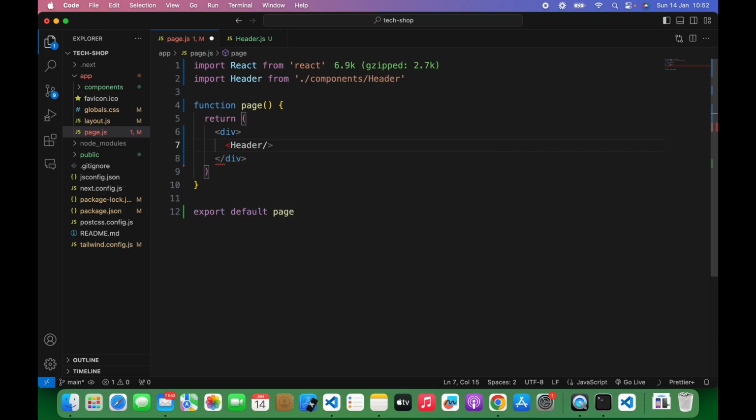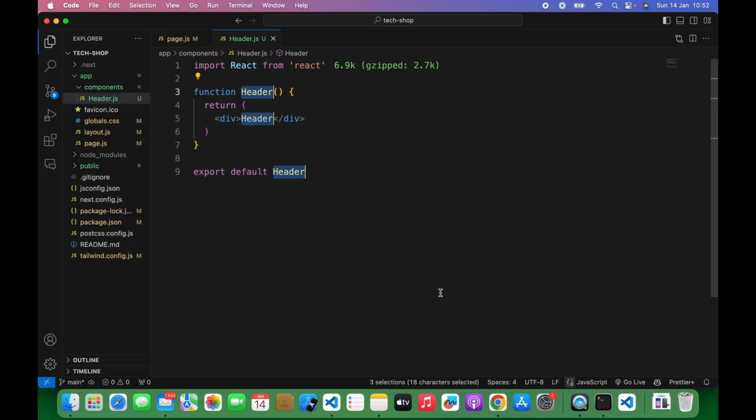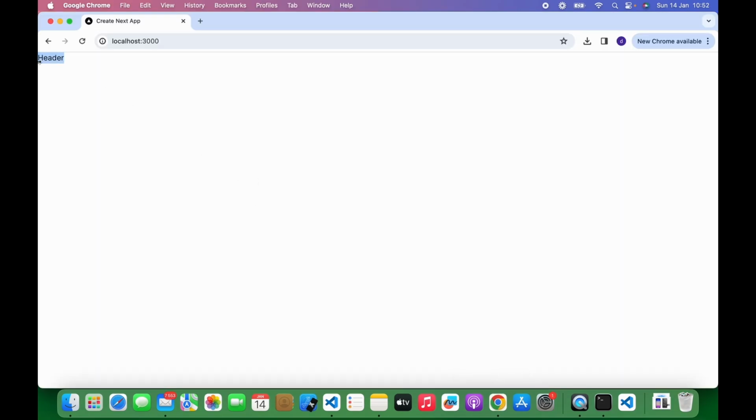Okay, so import header from components/header. Then we have our header. We come here, you can see we have the header. Okay, perfect. So inside the header,